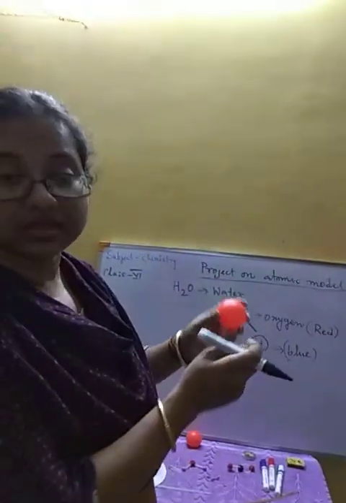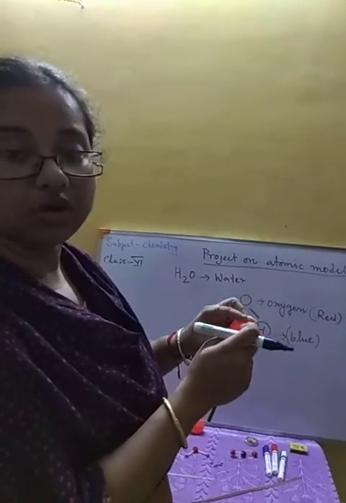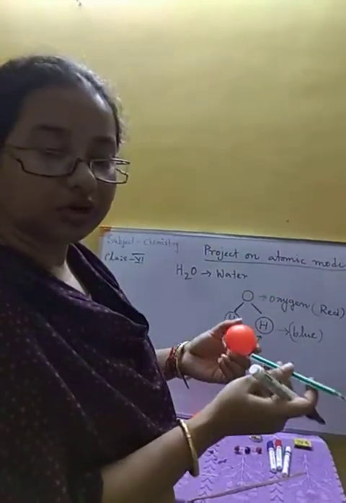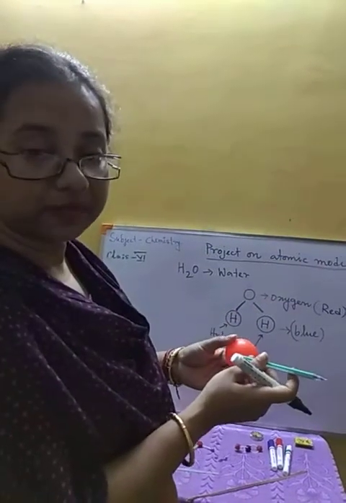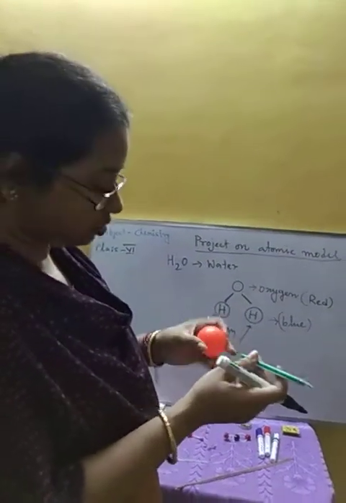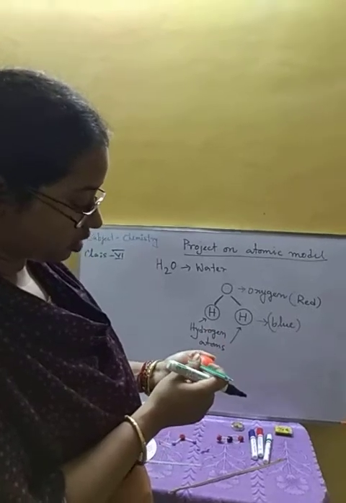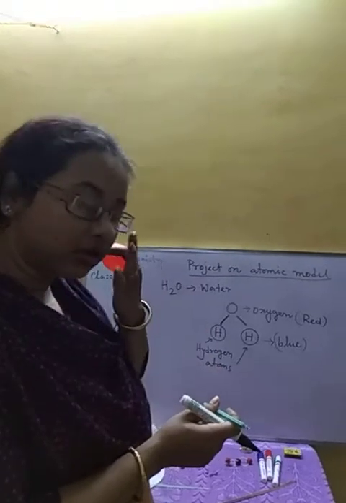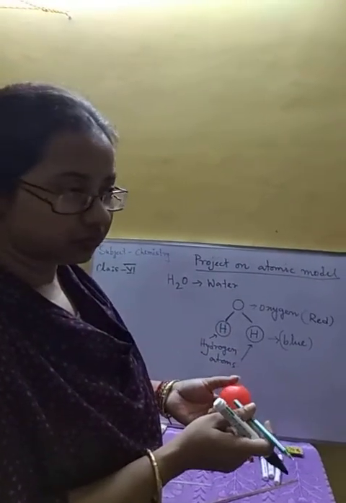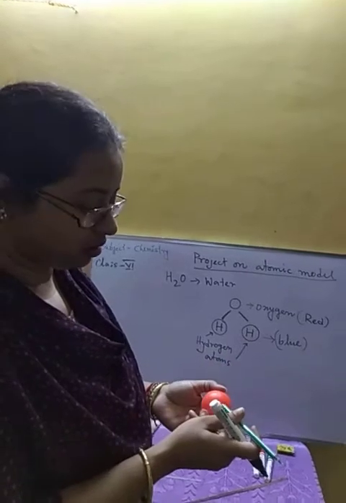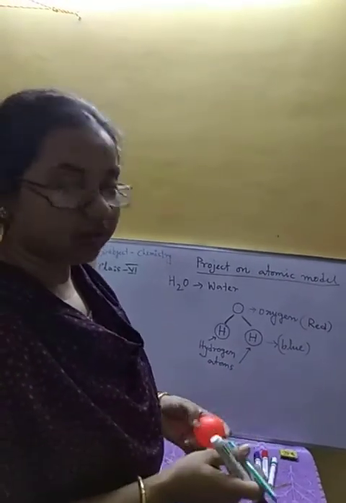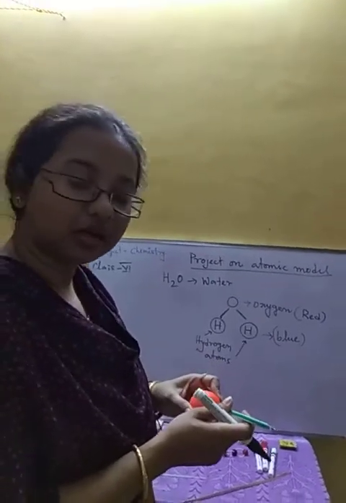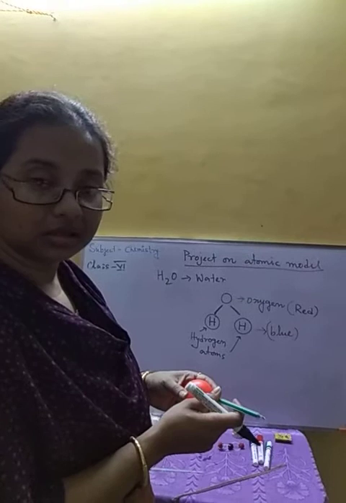If you are using these plastic balls, then you have to make a hole in the plastic balls. Otherwise, this stick or bond cannot get fixed into it. Okay, so you have to make the hole. Making a hole in this plastic ball is a bit difficult. So you have to use a metal stick or any metal substance, heat it, and then press it into the ball. And for that, take the help of the elders at your home.